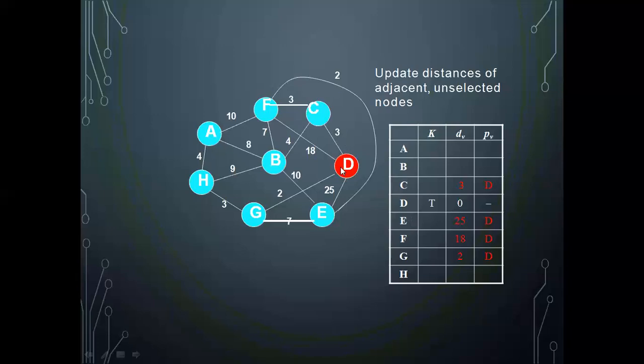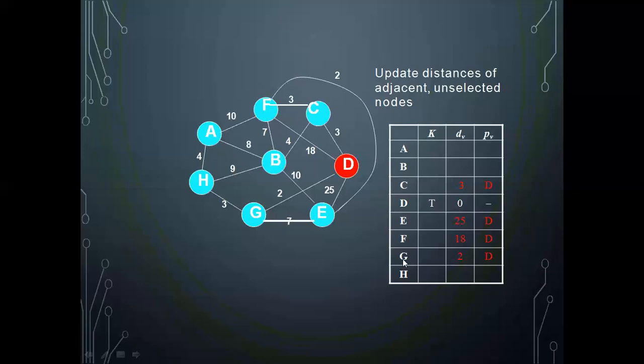Next, D is connecting to E with a distance 25. Next, D is connecting to F with a distance 80. D is connecting to G with a distance 2. In this case, these are the only 4 connections D has to the remaining vertices in the graph. Out of these 4, which is the smallest I should calculate? Which is the smallest one?